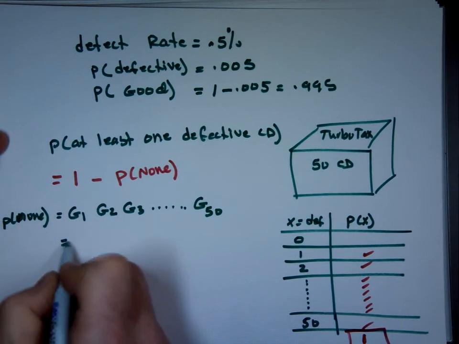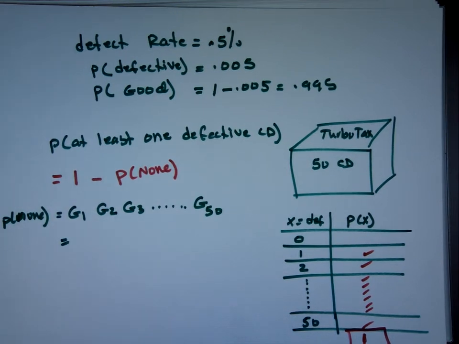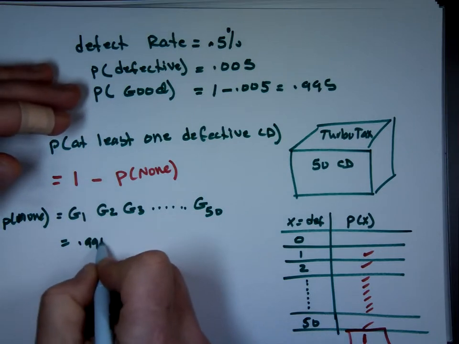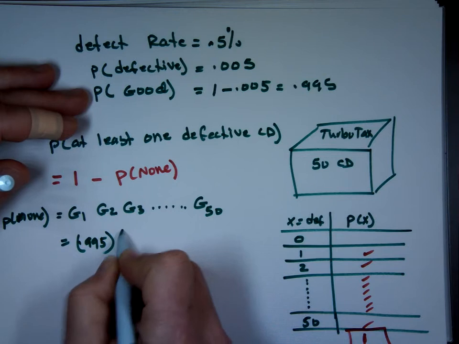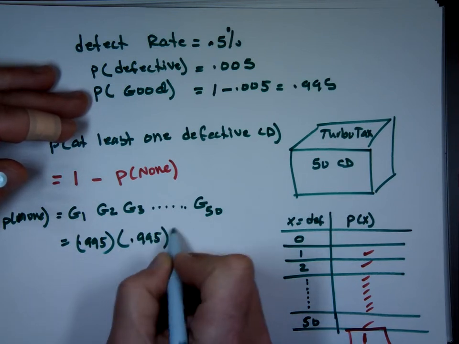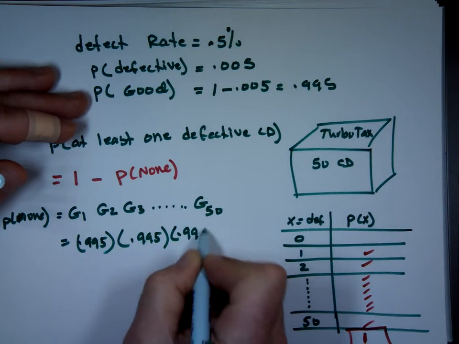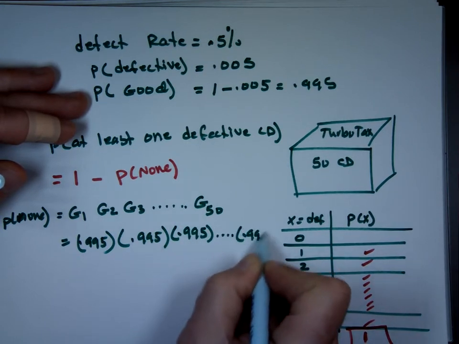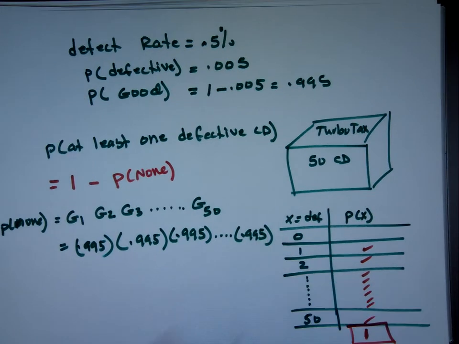Well, for the first one to be good, what's the chance that each CD is good? 0.995. What's the chance the second one's good? 0.995. What's the chance the third one's good? 0.995. So the answer of at least one